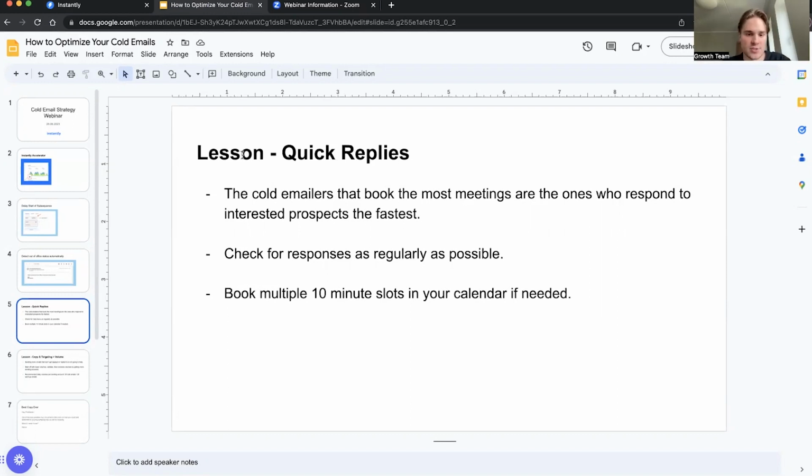So this is concerning if you get a response to your campaigns, how long does it take for you to respond back to these people? We always see that the cold emailers that book the most meetings are the ones who respond to interested prospects the fastest. So sometimes someone responds, you respond back immediately. It turns into a dialogue. You keep replying back and forth instantaneously, and we see that these kinds of discussions turn into meetings the most often,